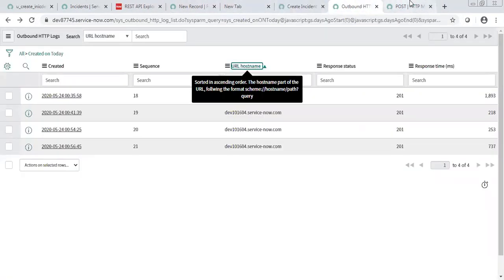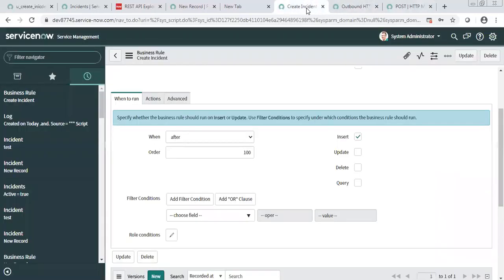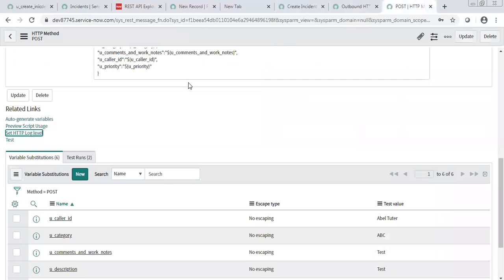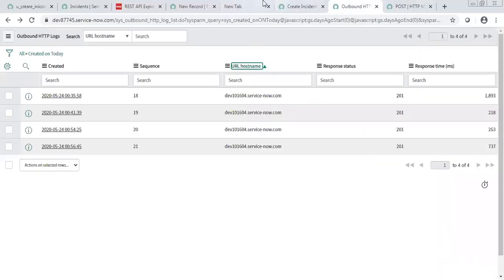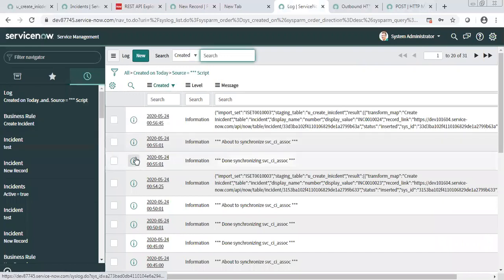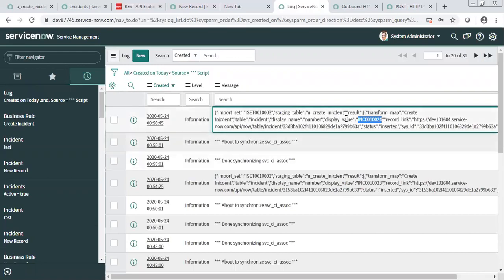Now, there could be a further requirement. Maybe whatever incident is created in the third party tool, you need to get that number from the response and print it in the work notes or comments of your incident.